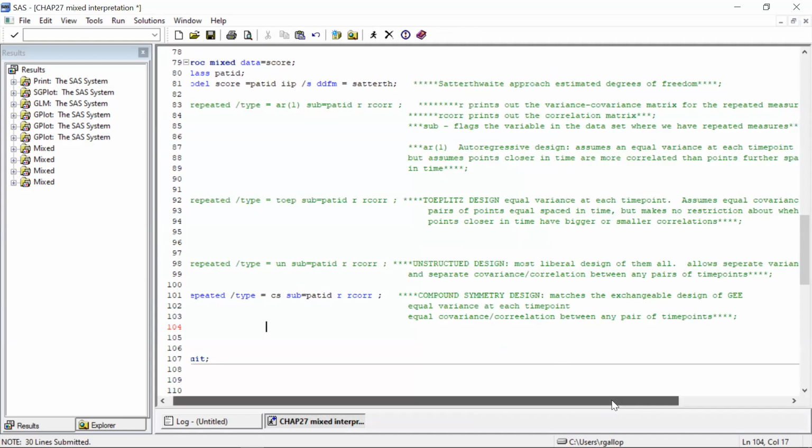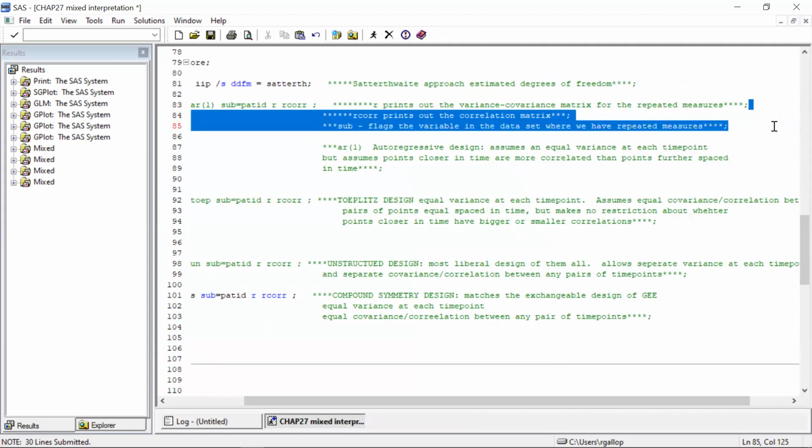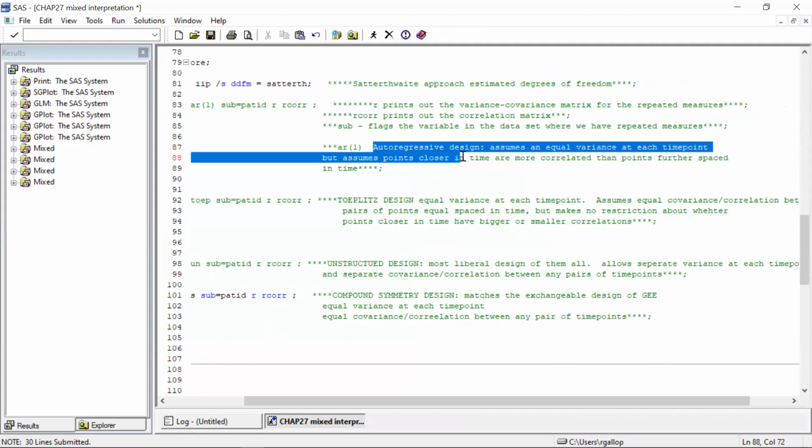So again, keep an eye on the notes. R prints out the variance covariance matrix of the repeated measures. The R core prints out the correlation matrix. The subject flags the variable in the data where we have the repeated measures. So autoregressive assumes an equal variance at each time point, but assumes points closer in time are more correlated than points further